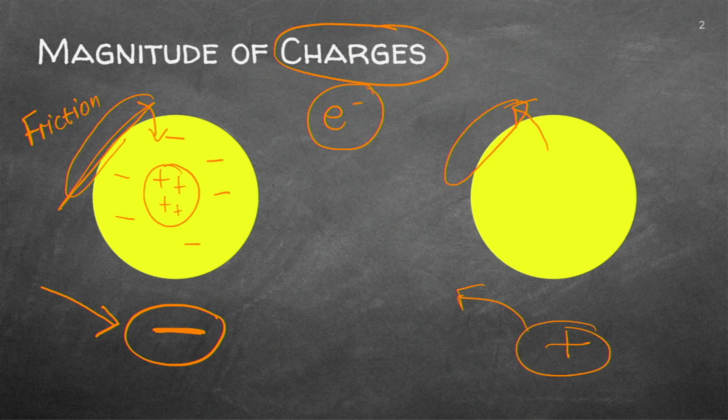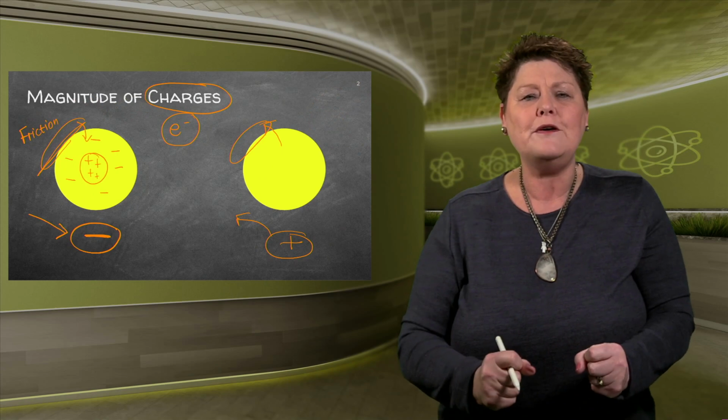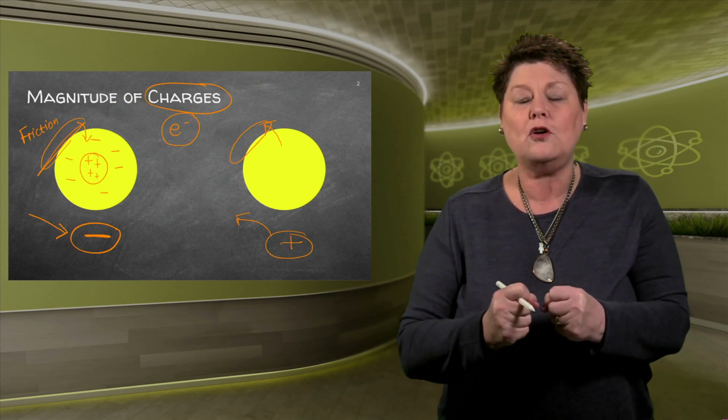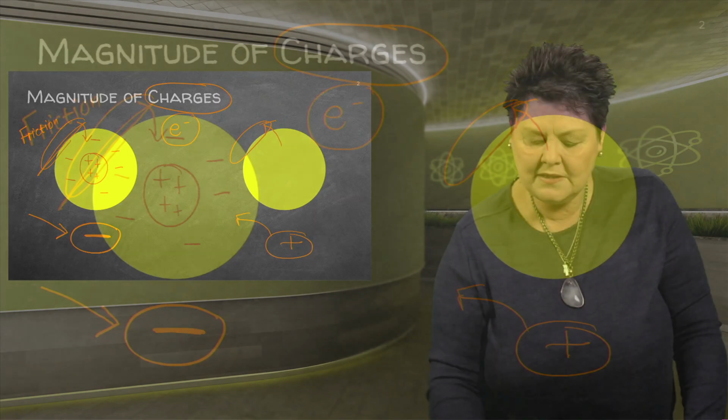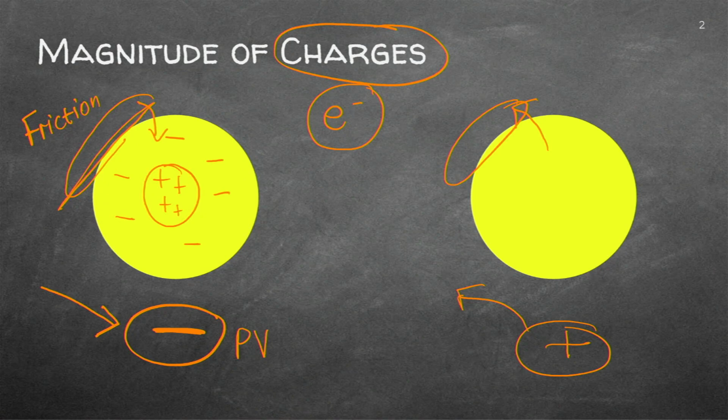Now, most of the materials we find have a tendency to keep the electrons or to give them away. The two that I can think of are PVC, which is polyvinyl chloride, which is plastic. They will usually take up electrons and gain electrons and become negative, and perspex will rather give electrons away. Therefore, it will have a positive charge. So that was grade 10 revision.